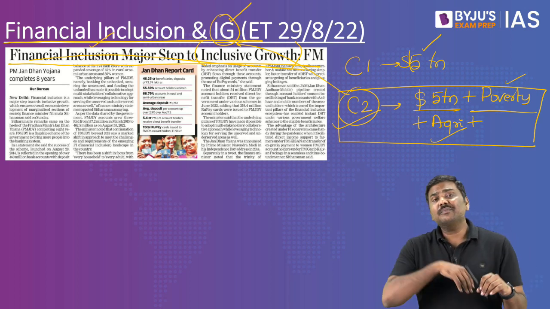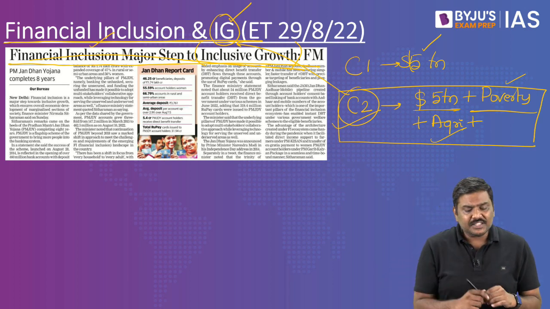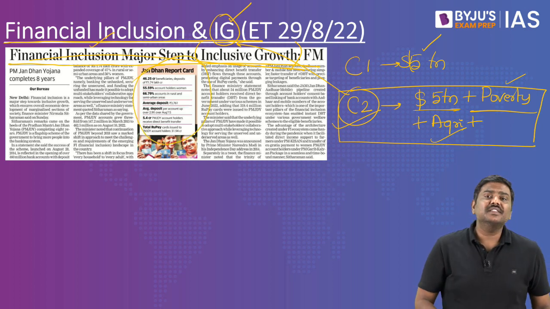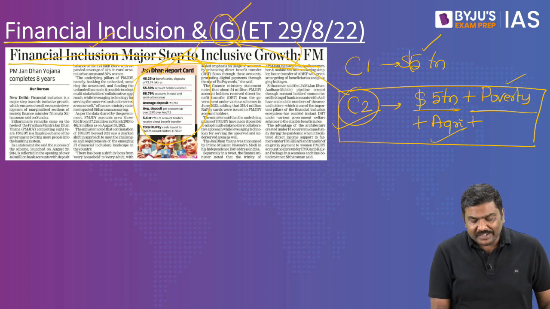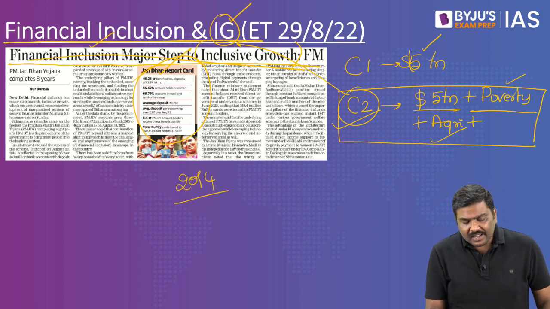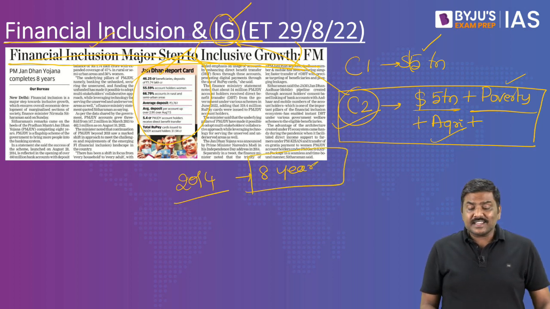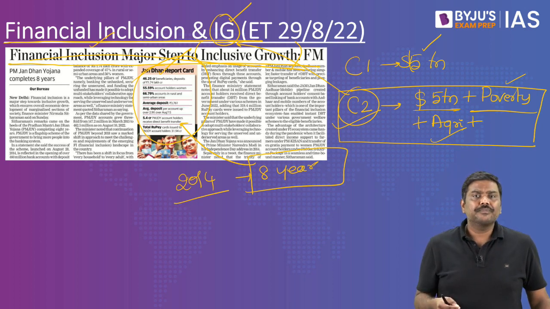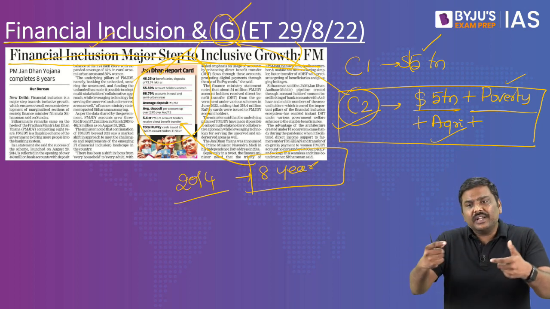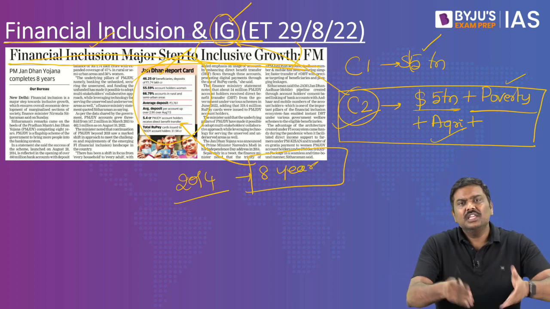This statement was given by the Finance Minister on the heels of the Government of India announcing that the Jan Dhan Yojana, which was implemented by the government from 2014, has completed 8 years. Remember this, Jan Dhan Yojana has completed 8 years and the Government of India has given a data card. Please mug up the data so that if a question is asked in UPSC mains, you will have sufficient data